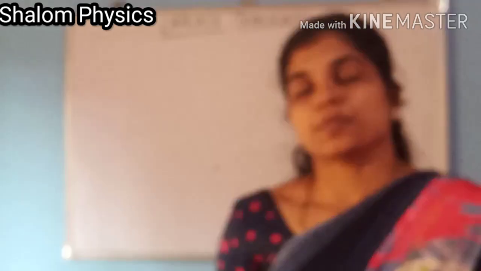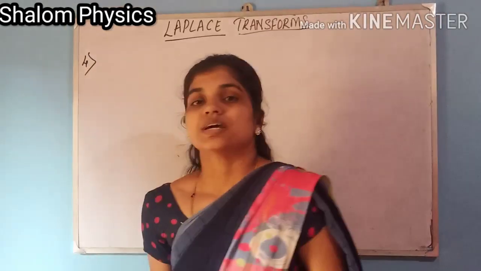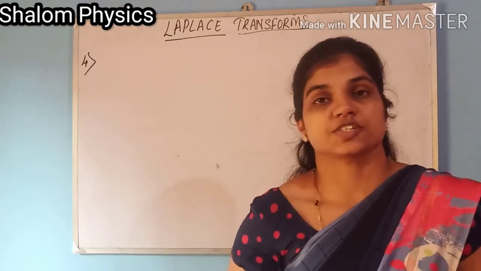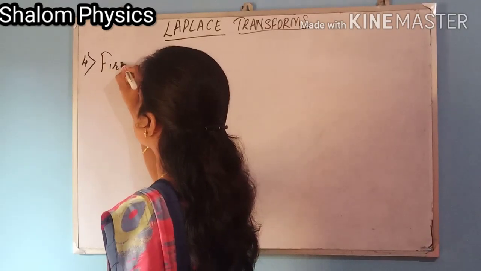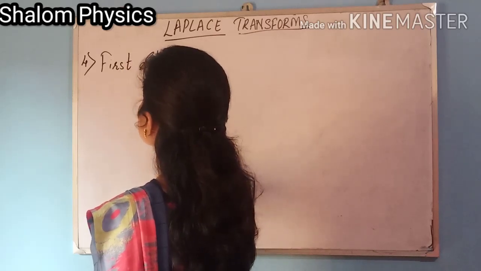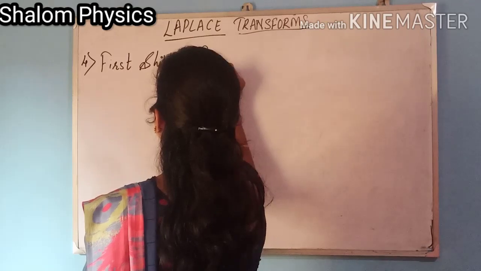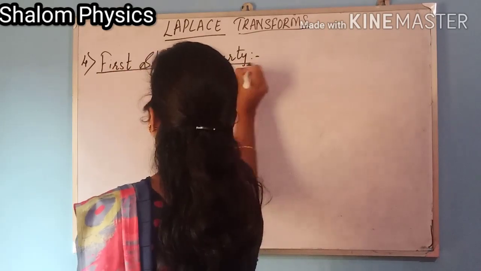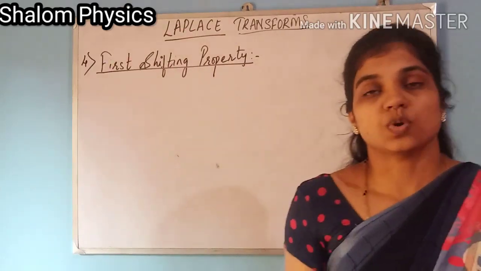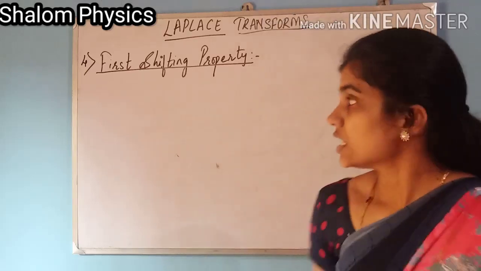So the fourth property here is called the first shifting property. So what does this first shifting property mean? It means that if